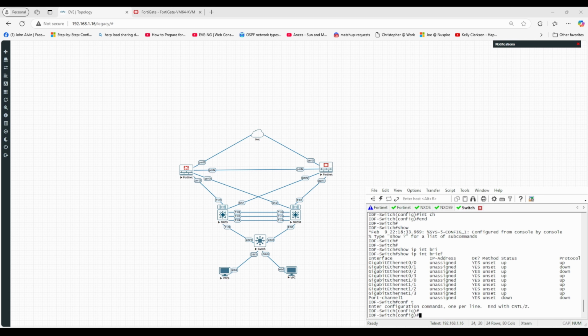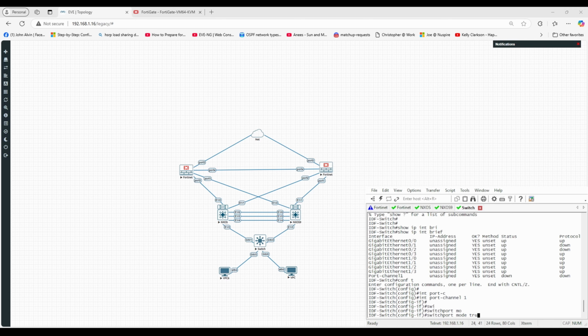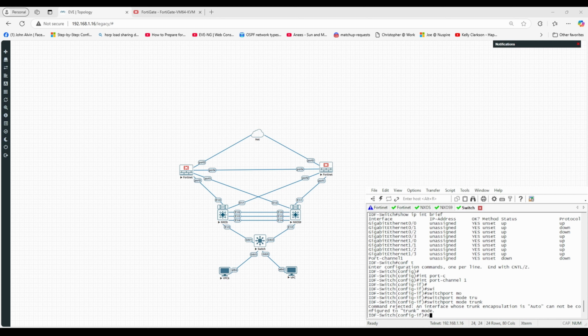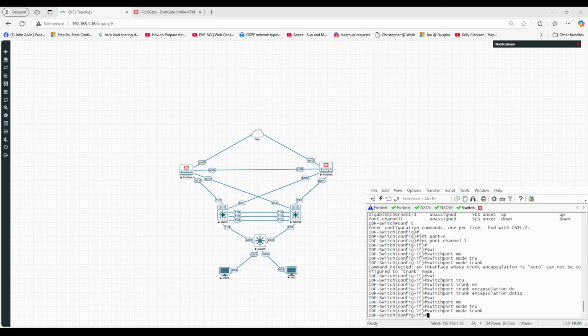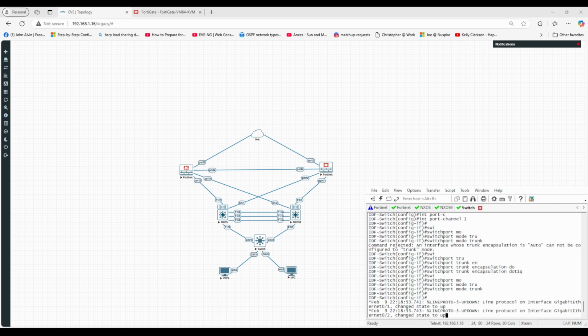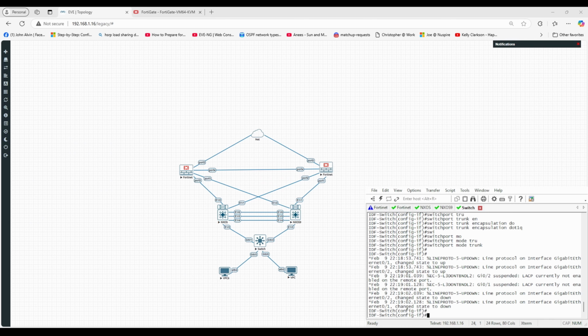So why can't I import channel 1 mode trunk? Switchport trunk encapsulation dot1Q, switchport mode trunk. Okay, so we did the LACP, we did the VLANs over here, we trunked this thing, and we